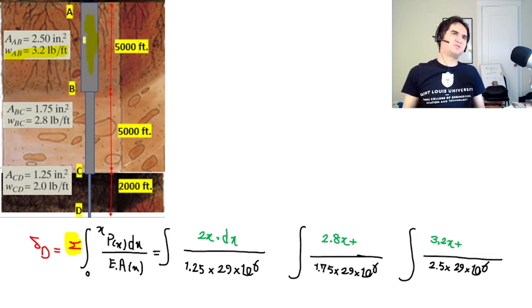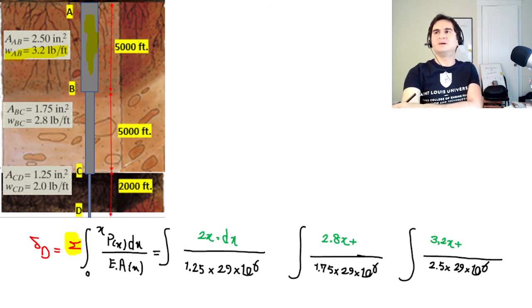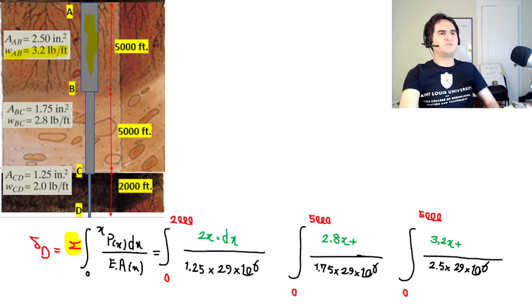So that combines both those categories, which we talk about in chapter 4 part B in detail. It just goes by an integration from 0 to 2000 for shaft CD, the force 2x dx, and integration of that over the cross-sectional area over the modulus of elasticity